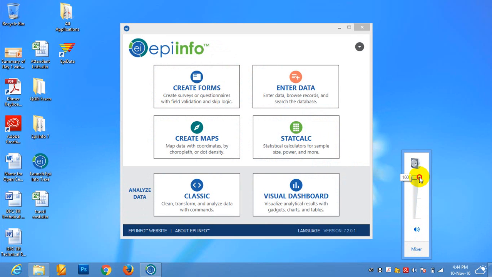I have one more video that is very important for data management on Epiinfo software. So this video includes content on how to open a different data file in Epiinfo for data analysis,